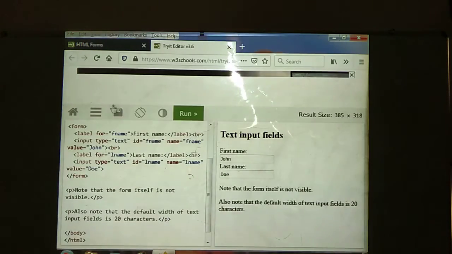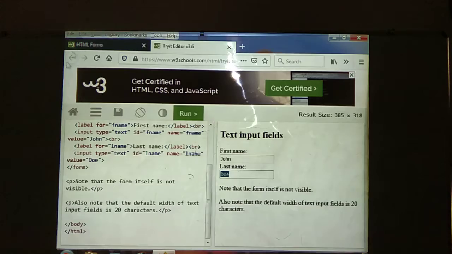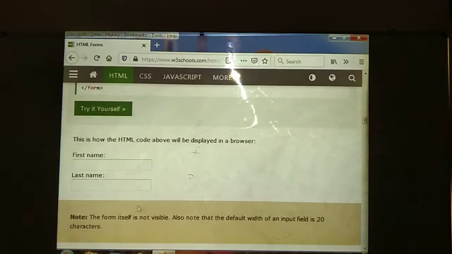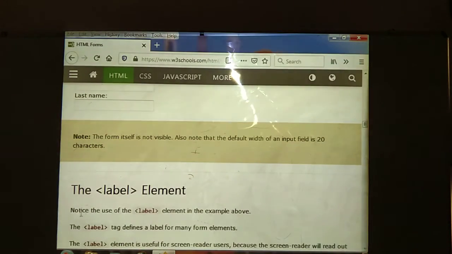See here, this is the example. Here we are displaying the output. See here, the first name label we have given, and in the second label we have given the last name. Then below we are using the text boxes. By default the name we have given is John Doe. The default names we need to remove. We can enter our own data. That is the use of the text field. This is the output.